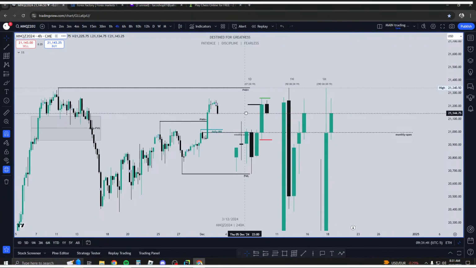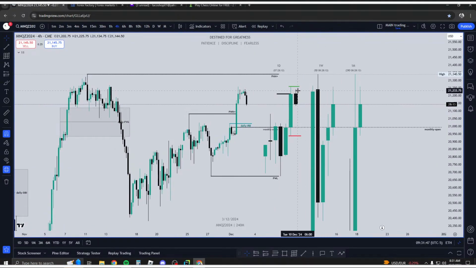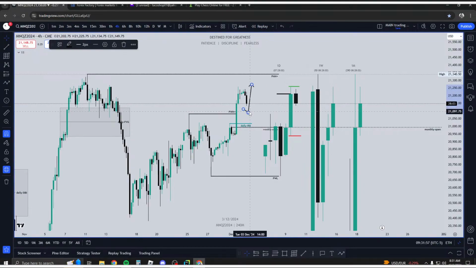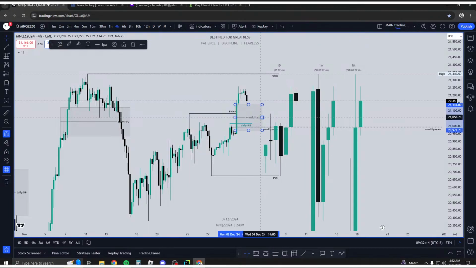And what can we use as our entry pattern to take out previous day high? Previous day high could be taken whenever we rebalance into this 4-hour fair value gap here. Not that daily fair value gap, but this 4-hour fair value gap right here. Use it and then end up respecting it to take out previous day high. That is something I'm watching out for. This isn't the same trade as yesterday, so if you were on my stream yesterday, you would have seen that I was in a trade.